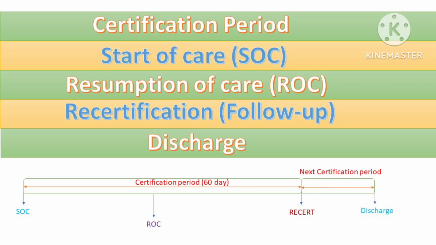Before going into OASIS, we should have a clear idea about the following terms used in OASIS and home health coding. First one is certification period. The 60-day period during which the patient receives home health services under a physician's plan of care is called the certification period. What is important to understand here is coding, documentation, and billing are based on this time frame, and each period may have a different diagnosis, functional score, and comorbidity adjustment affecting PDGM reimbursement.